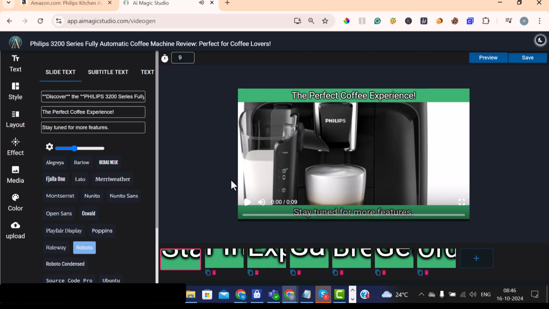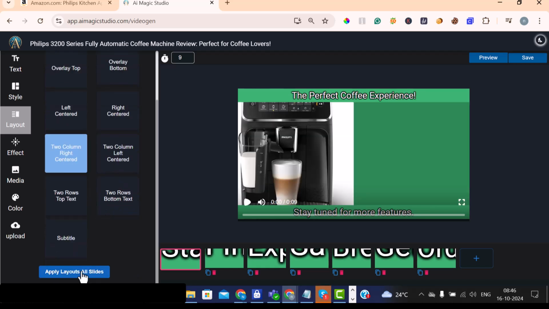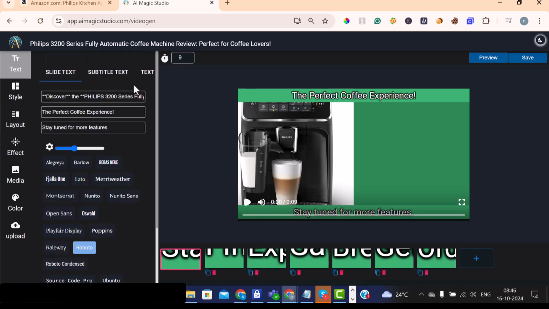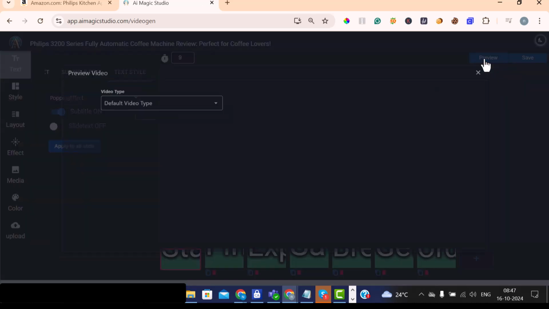Now I want to change the layouts, styles, fonts, and colors of this video. For that we can use this. I simply go to the layout, choose the 2-column right layout, and apply the layout to all the slides. And in the text section, I don't want the slide text, so I simply turn it off. I turn on the subtitle, click apply to all slides, and click save. And if I go to view the preview,